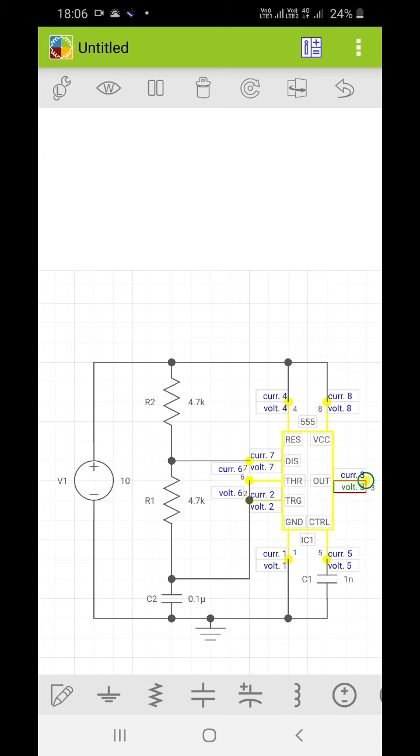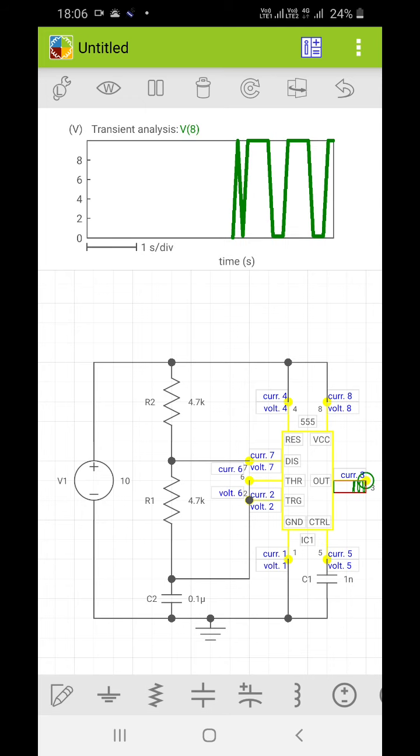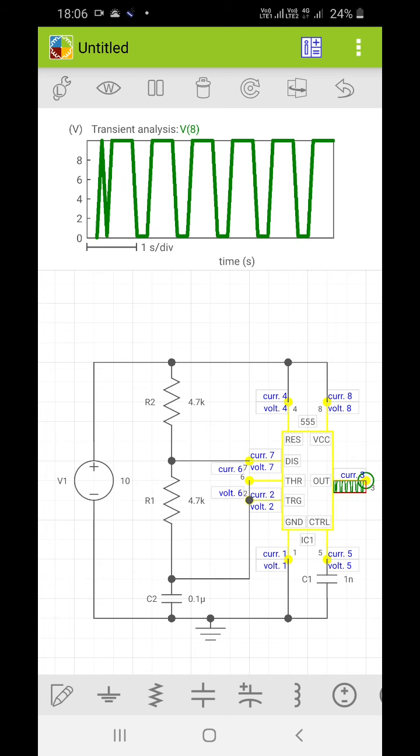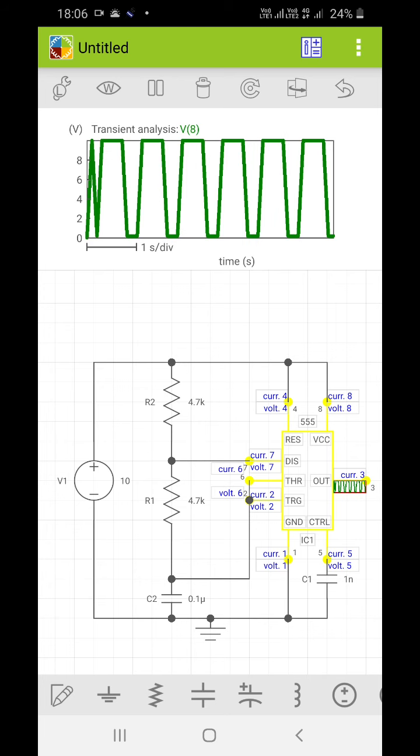Wait for a while. Yes, so in this way you can check. First there is some transient, and then you will get a proper square waveform.